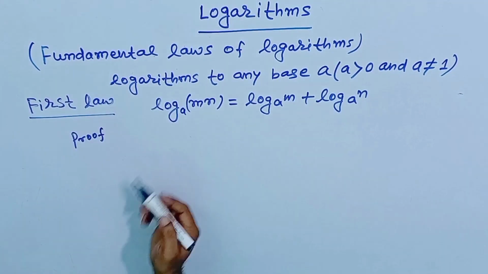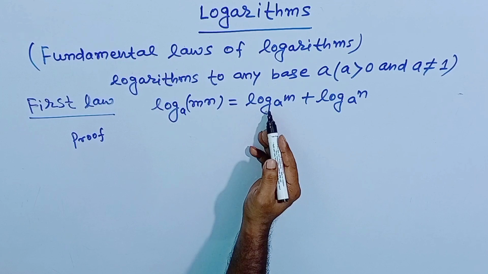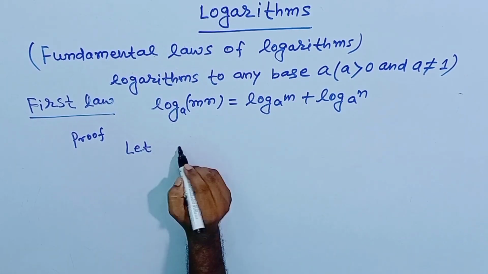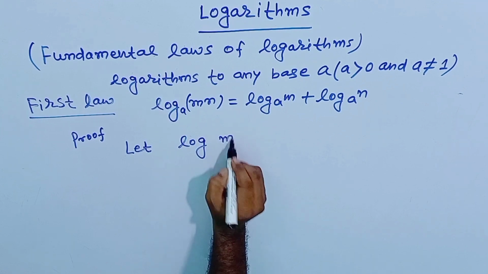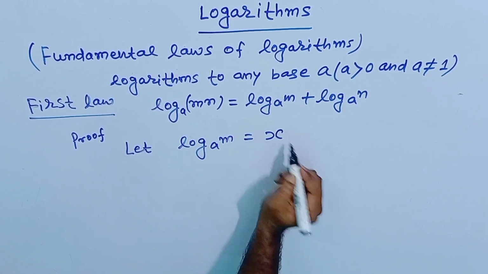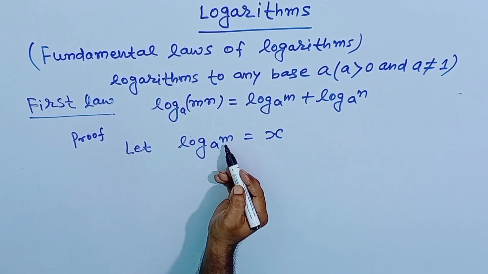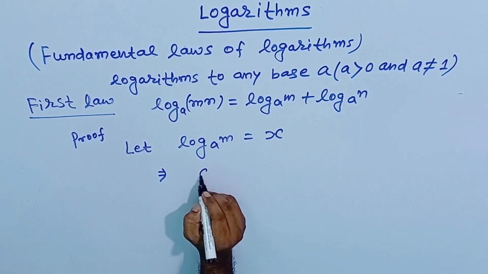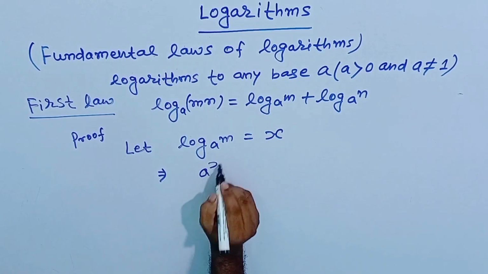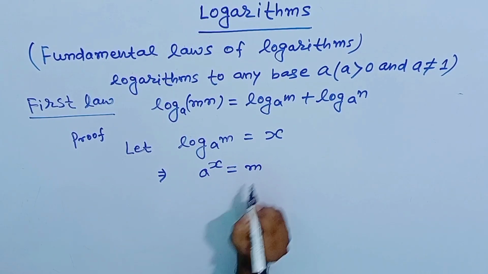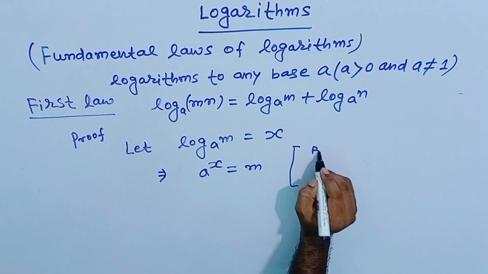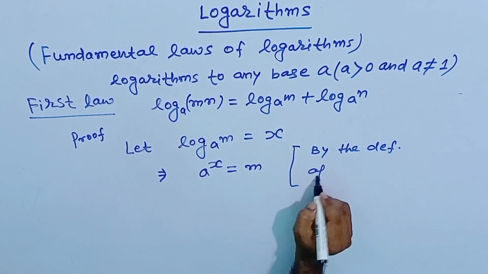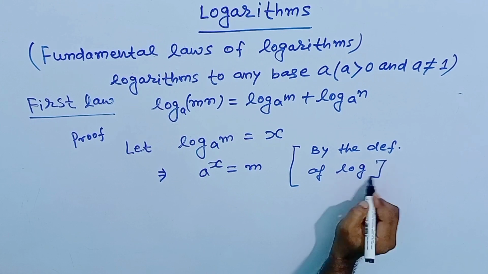सो अब हम फर्स्ट लॉ का प्रूफ देखेंगे, दैट इज log of m into n is equal to log of m plus log of n। सो इसके लिए लेट log of m to the base a is equal to x। हमने मान लिया कि log of m to the base a का वैल्यू x के बराबर है। दिस इंप्लाइज यदि इसे एक्सपोनेंशियल में चेंज करें, सबसे पहले यहाँ बेस लिखेंगे, रेस्ट टू द पावर x इज इक्वल टू हमें मिलेगा m। सो हम यहाँ लिख सकते हैं बाय द डेफिनेशन ऑफ log,